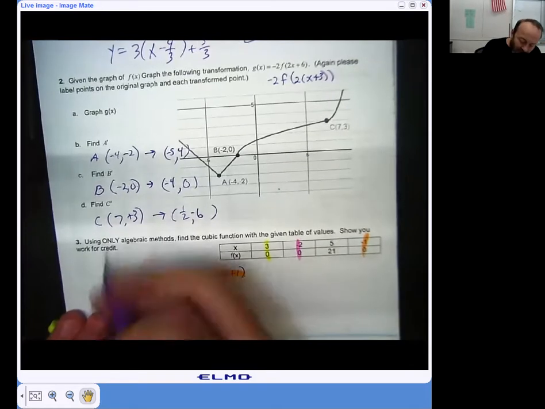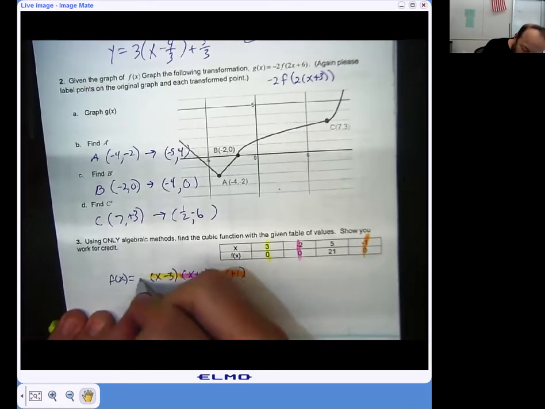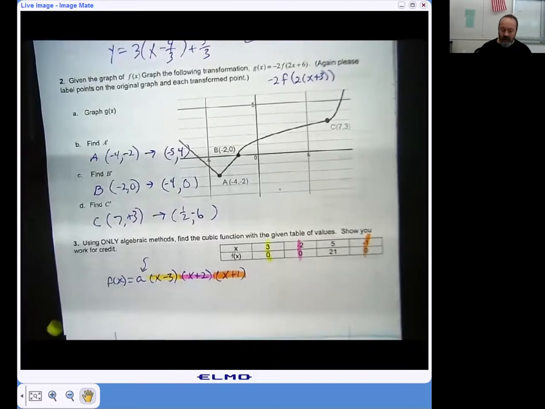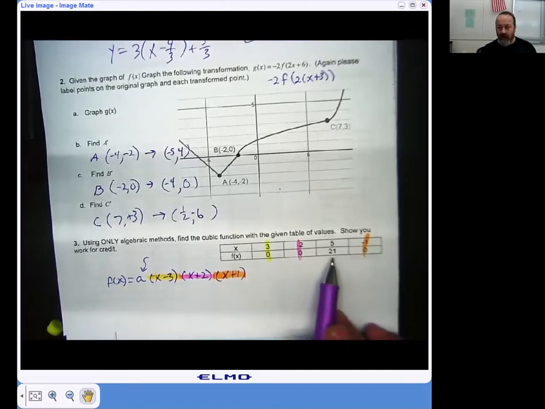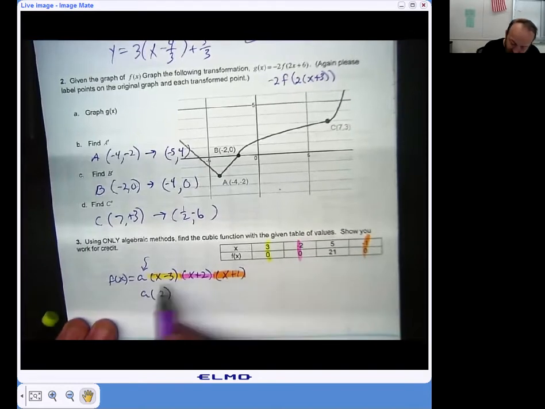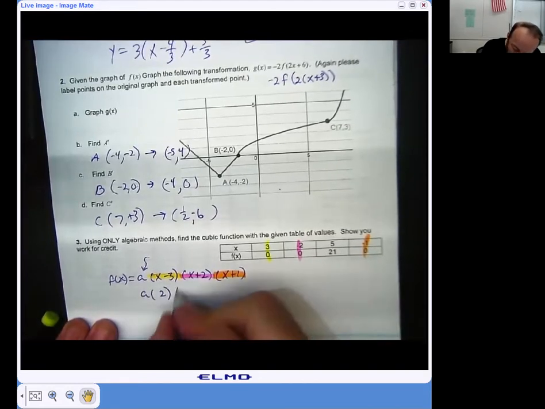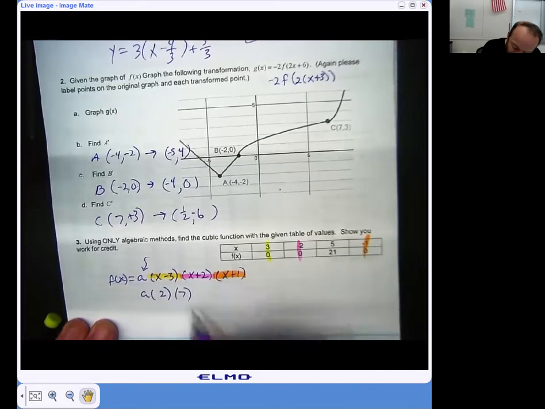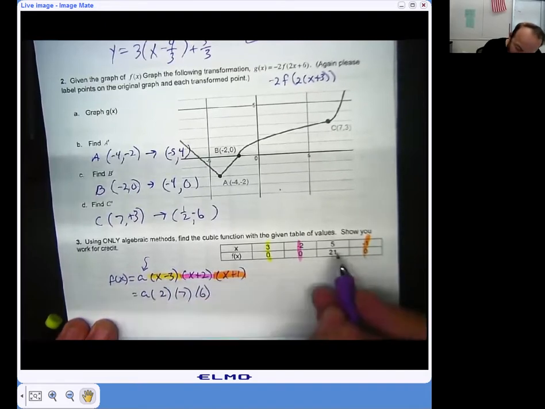they come from. Now, the only thing that's really going to mess us up is sometimes we have a leading coefficient right here that might be some value like this. Now, I've ignored the 5 and 21 because that's not a root. We don't have a special theorem for that, but this says that if I plug in 5 for x, 5 minus 3 is 2, 5 plus 2 is 7, and 5 plus 1 is 6, that the answer for y